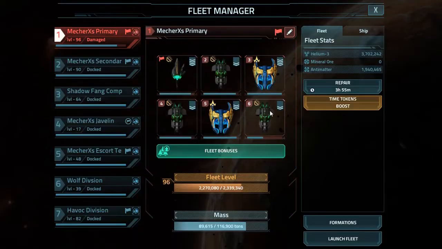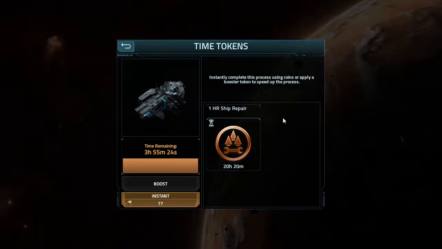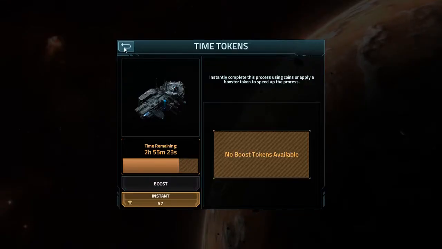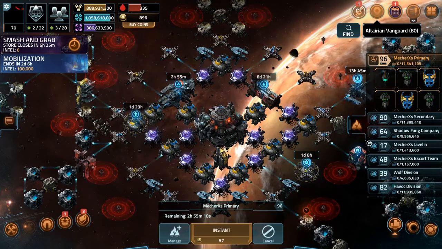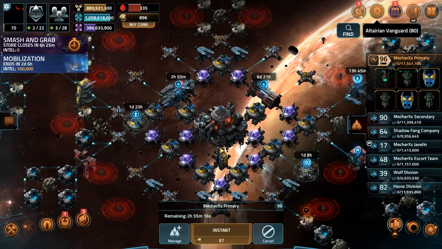But before I continue, let's just take a look at this. Close. And I got a time token. Gotta use it. That's 15 minutes off from the estimate. I'm pretty good at guessing my ship's repair times. But